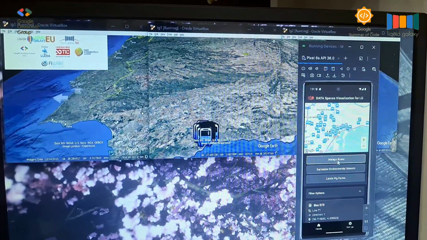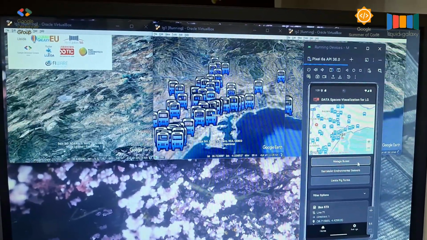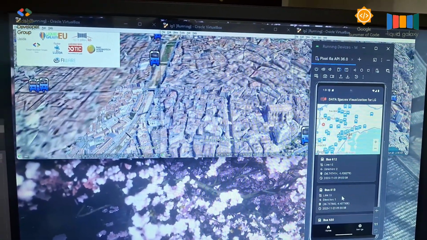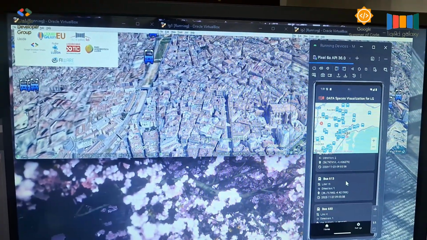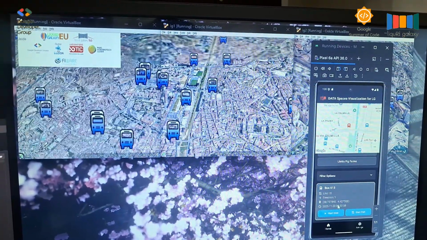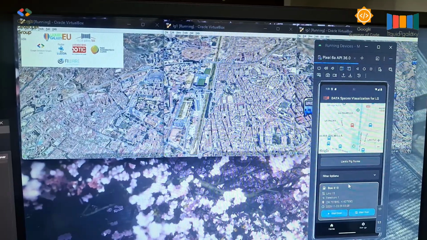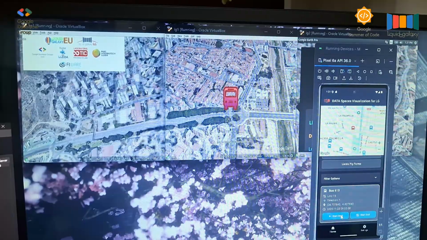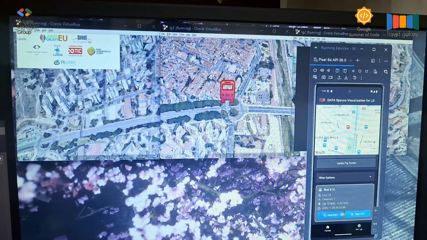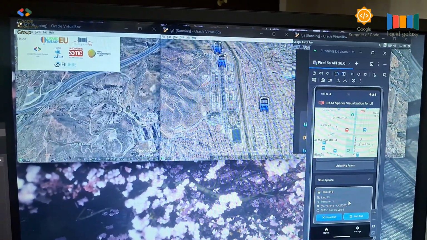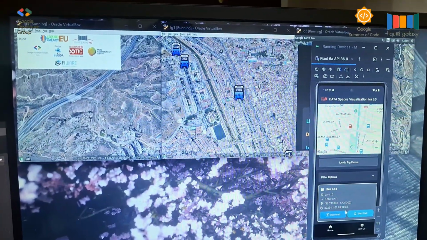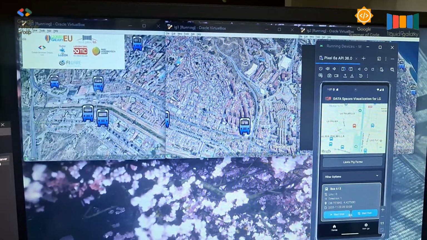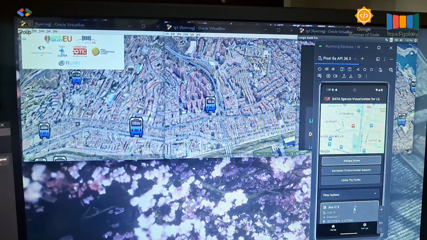So let's see the Malaga buses, and we can choose any bus we want from a list of buses. So let's select bus 613, and we'll wait for it. Yep, so here it is, and we can start the orbit. So it will orbit the bus 613. So it's currently orbiting the bus 613, and we can just stop, and we can also